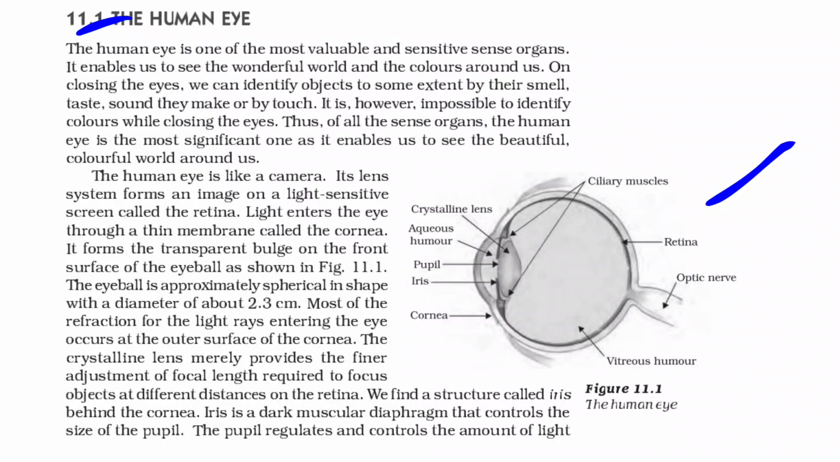Most of the refraction for the light rays entering the eye occurs at the outer surface of the cornea. The crystalline lens merely provides the finer adjustment of focal length required to focus objects at different distances on the retina. We find a structure called iris behind the cornea. Iris is a dark muscular diaphragm that controls the size of the pupil. The pupil regulates and controls the amount of light